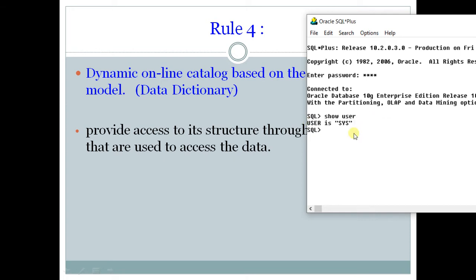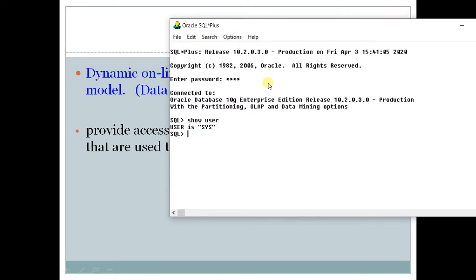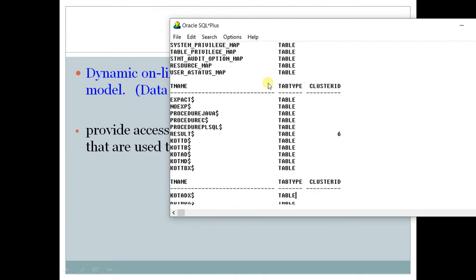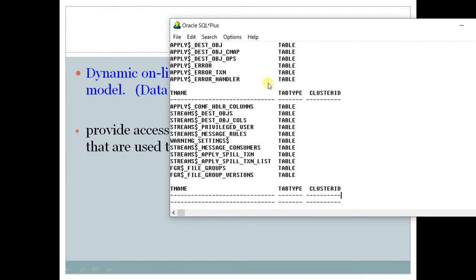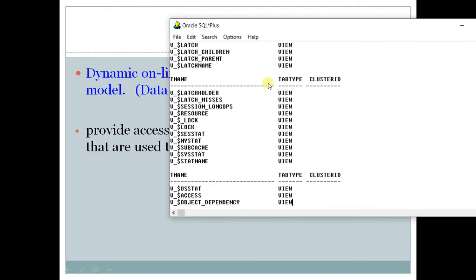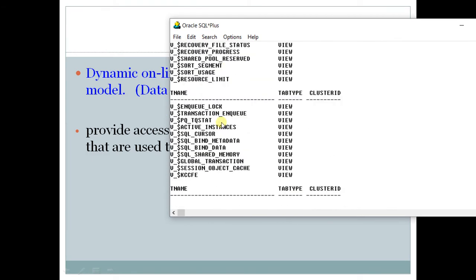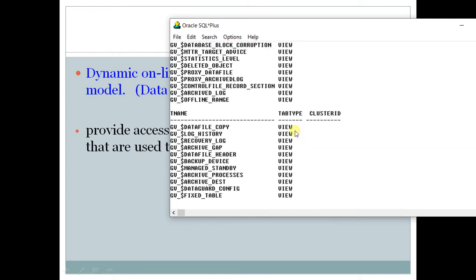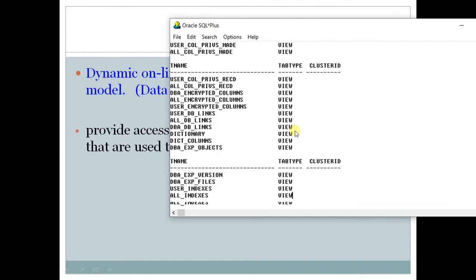Sys user is a DBA user. Now if you log in with this user and you see the list of the tables, select star from tab, you can see the list of more than 3000 tables. All these 3000 tables or views which you are seeing are data dictionary tables.